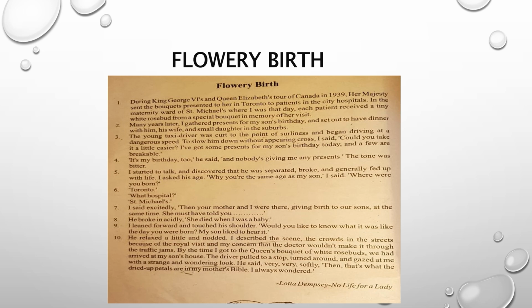We had arrived at my son's house. So while she was telling the story, they finally reached the destination, that is the other son's house. The driver pulled to a stop, turned around and gazed at the author with a strange and wondering look. And at last the driver said very softly,